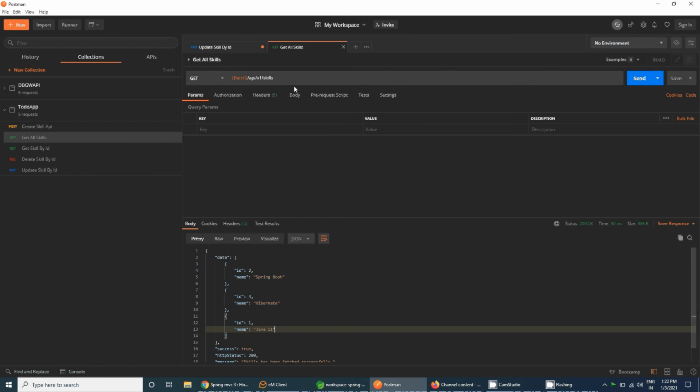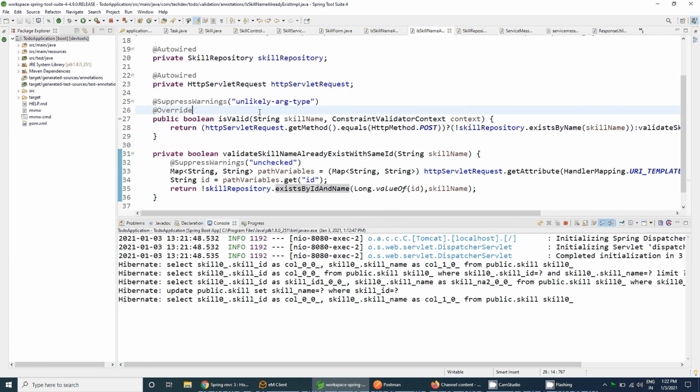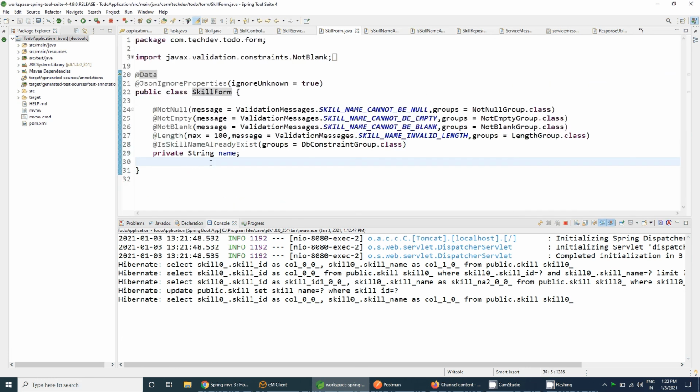So in this way, it will help you in the same form, that is the skill form. In the skill form, you are validating each and everything, whether it is a post request or a put request. So it will help you do the same thing with the same class and validate everything.